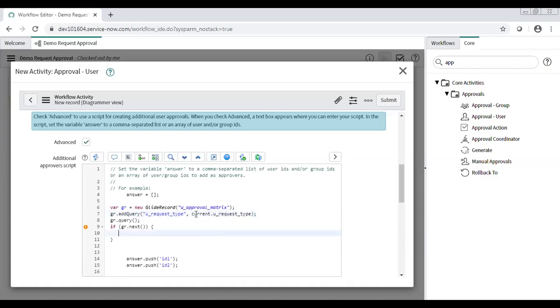So now if the user has selected IT, then this GlideRecord query will return the IT approval matrix to me.